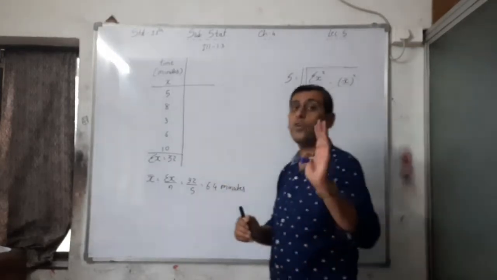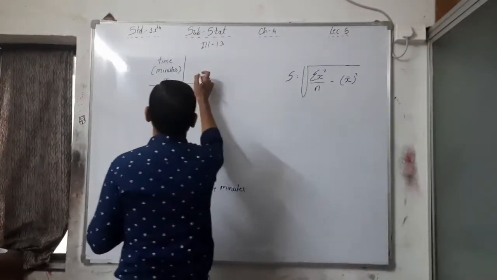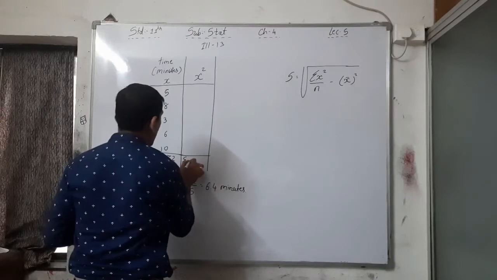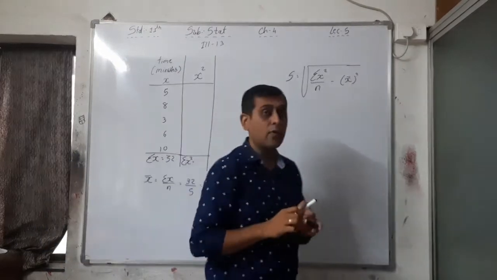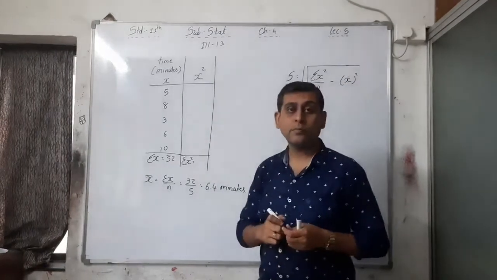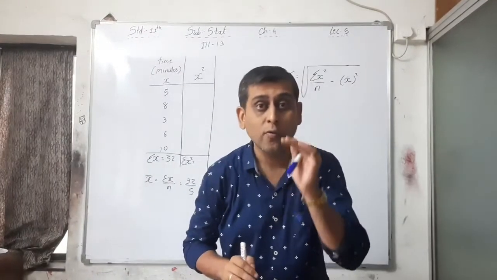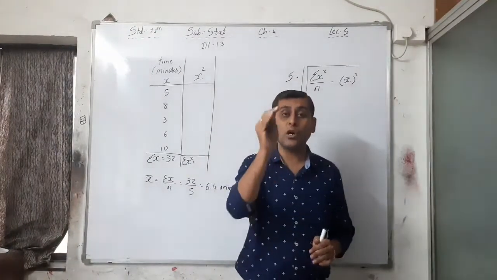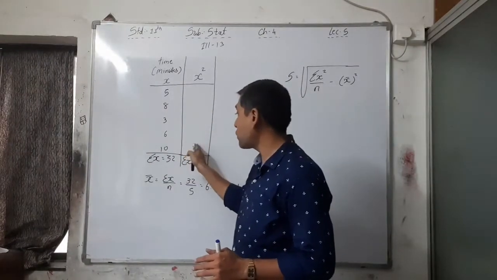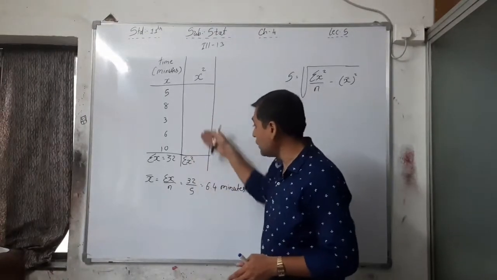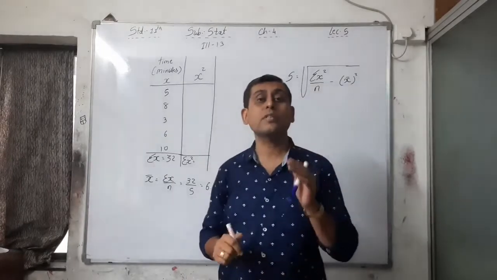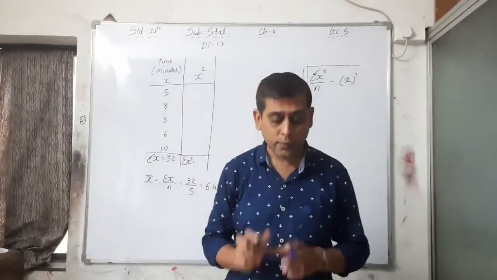Now we have x bar and n. What we want is only x square, so we have to make a column of x square. Now you have to do that by yourself. Find x square and then find the standard deviation. I am giving you this work for this lecture. Please do it in your calci. For x square, write the square of each value and then the total. This is your sigma x square. Put this value here and find the standard deviation.